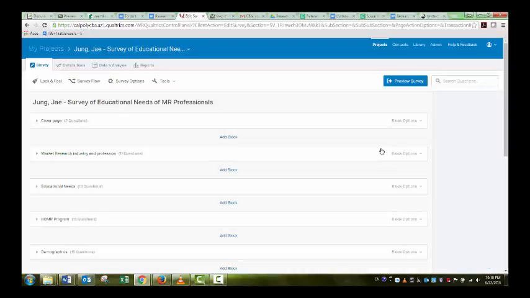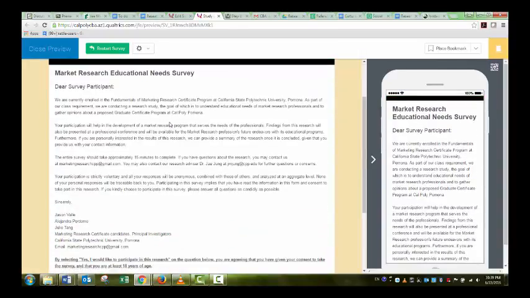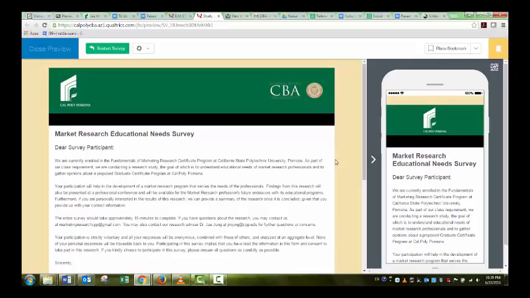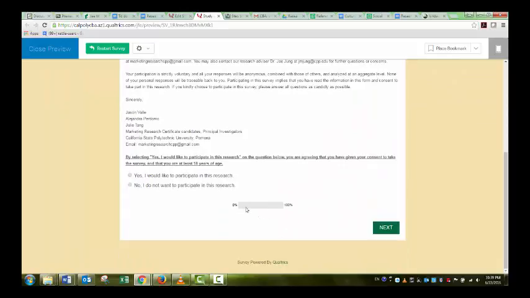Right? And after you are done, you may want to say preview survey. Once you click preview survey, you see this, and this is what the participants will see. And of course, on the right side, small screen, this is a smartphone screen. If you don't want to see that, you can click this. I also have this progress bar, which is one of the options, somewhere in the options. So I have that available so people can see how far they are to the end of the survey. So next,